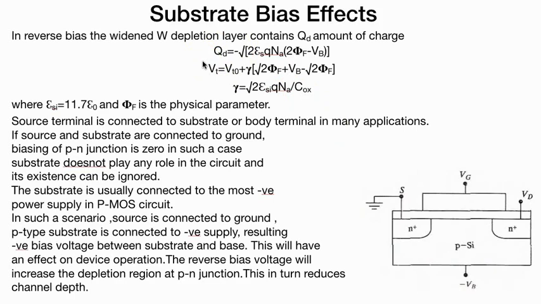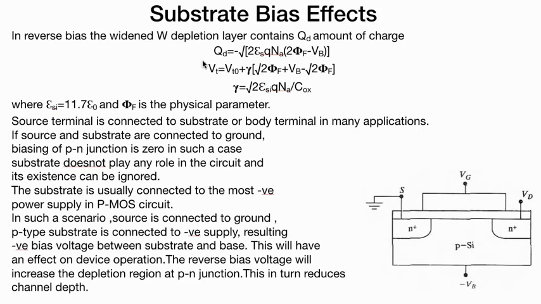In the reverse bias, the widened depletion layer W contains Q_D amount of charge. The Q_D amount of charge is given by this formula: minus under root of 2 epsilon q N_A (2 phi_F minus V_B). The V_T formula